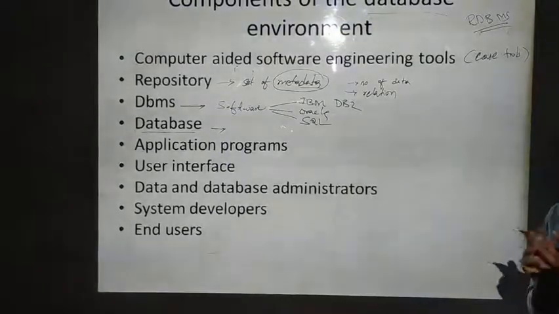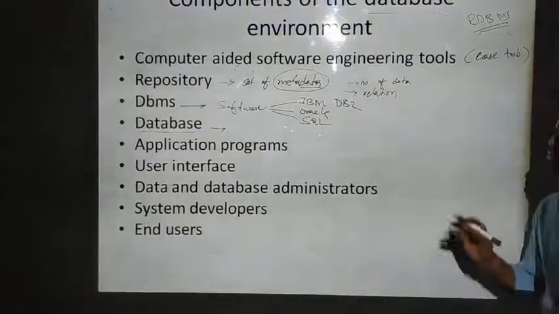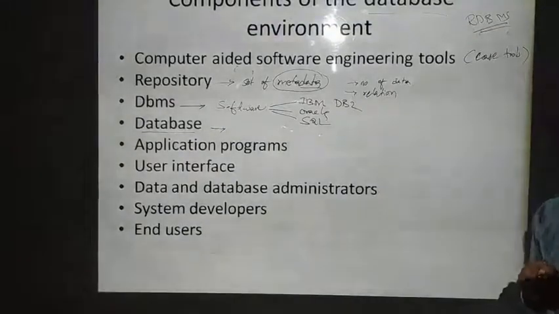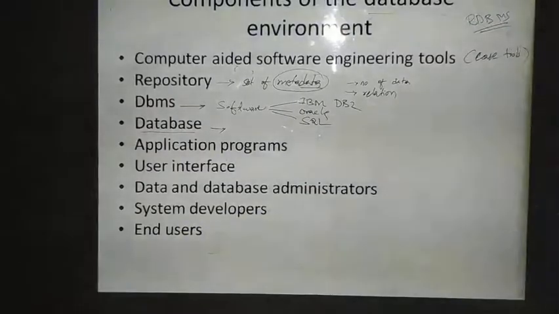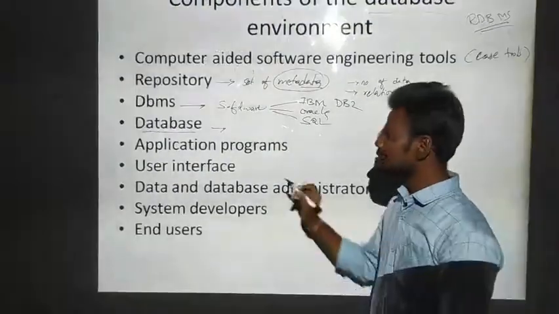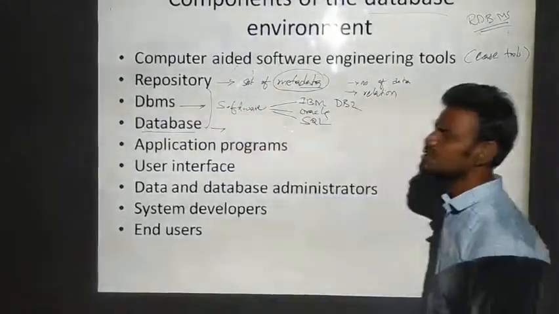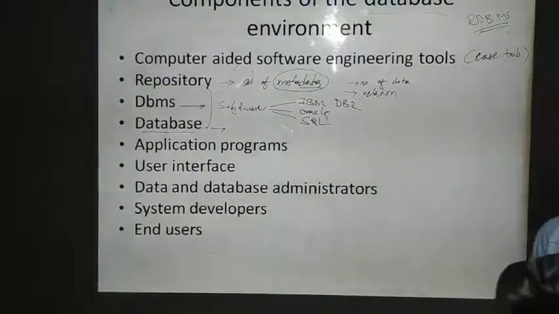And a database itself is an organized way of storing data, I can say. Organized way means we will be having certain rules and regulations in order to store the details into our database. By following them, we will be organizing the data. How we are going to organize depends on your requirement. That will be seen in your database. This is a main component from where you will be updating, deleting, and doing any operations on the database, where you will be having the data actually. And the repository that we have discussed will be maintained by your database, so that it will be having a collection of relationships among the databases.